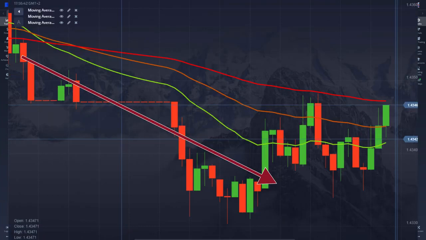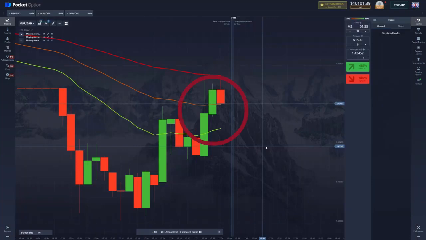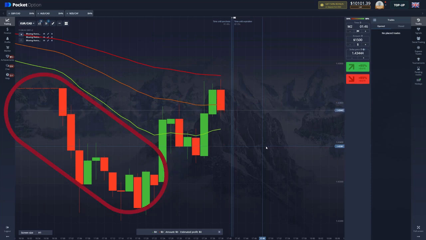All 3 EMA indicators are moving in the same direction. 2, the price has broken the barrier of 25 and 50 EMA. 3, the candles were outside of the 25 EMA. Now we're just looking for the price to push towards the 25 EMA mark, and then we'll be able to